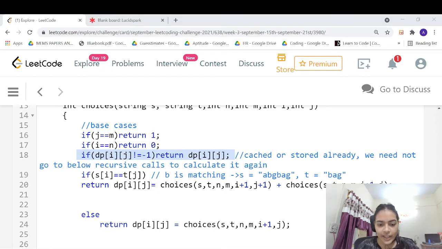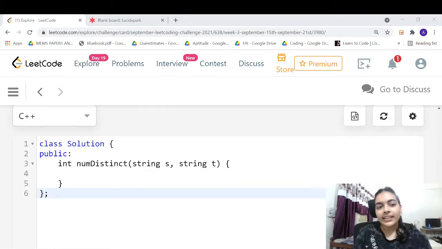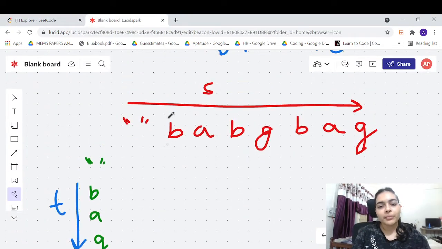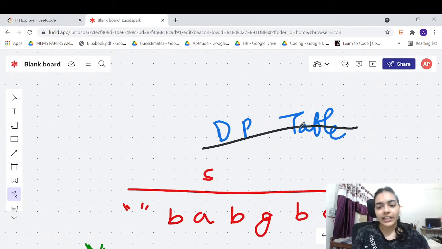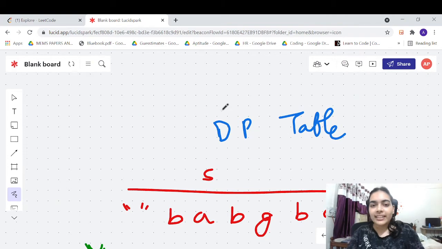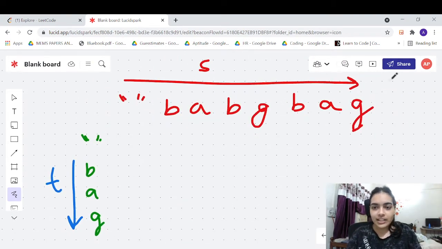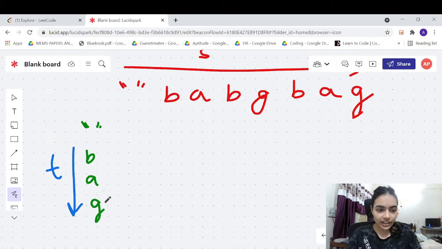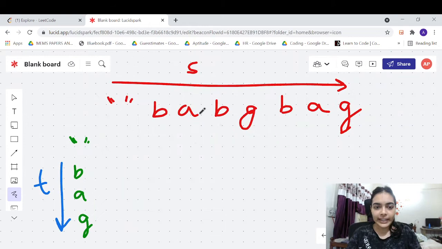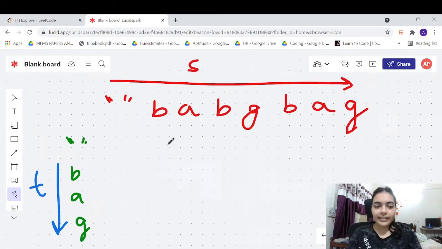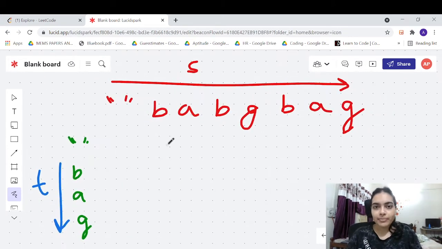So let's see if we can build a better bottom-up solution for this. Let's continue with the bottom-up approach. Now we'll try to make a DP table to solve this problem in the best time complexity that we can. So now I've listed down S like this, the string S like this, and the string T along the vertical column. Now we'll try to make a table and try to solve the same problem using the most efficient method, right? So in this case, I have listed down the empty character also.